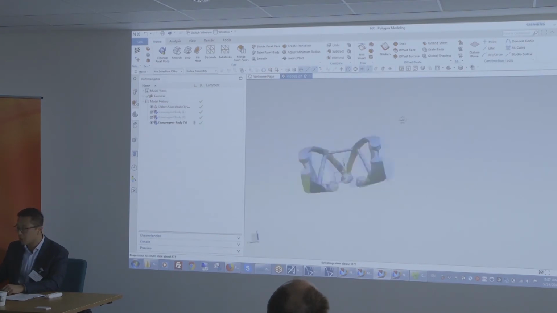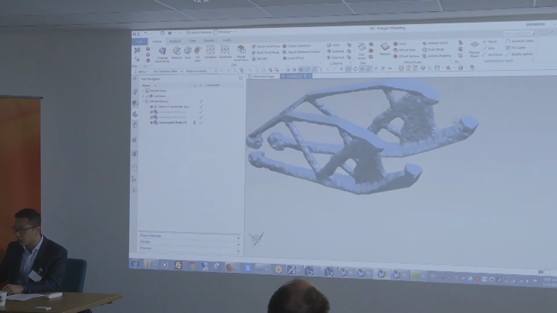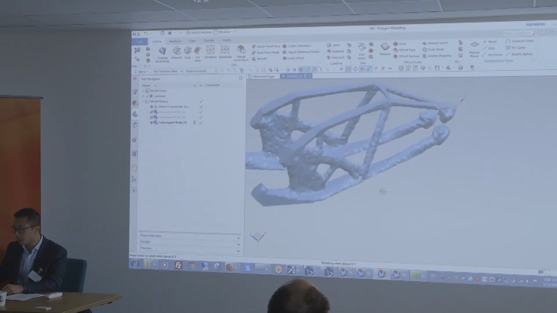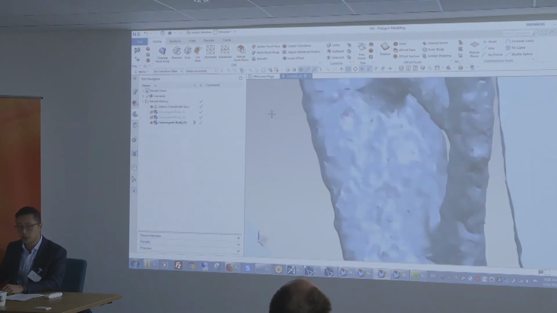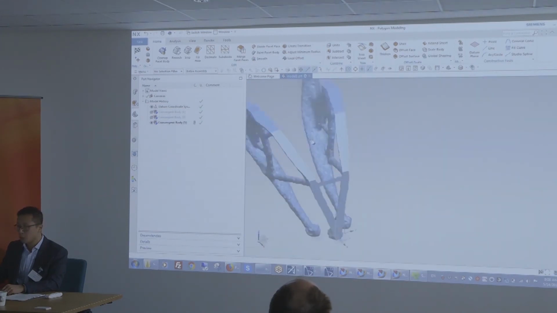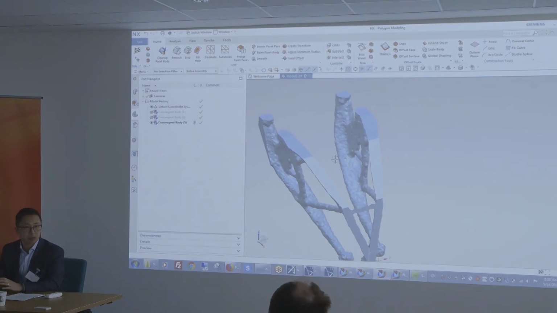Okay, so you do have some level of smoothing. It is still rough, but the question is, what can we do with this geometry? Can we smooth it up a little bit? Okay. So in most tools at this point, this is a dead end. We can't do anything with this. It's visually appealing, but we can't fix it, or we need to export it somewhere else, and then mesh it somewhere else. And not even think about doing more simulation on it.